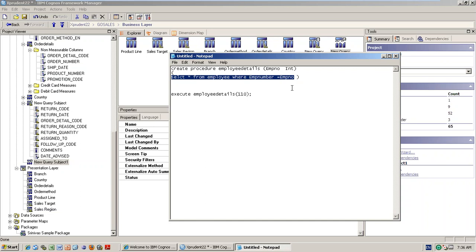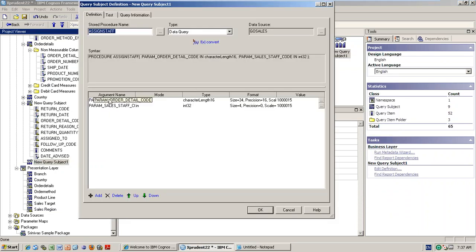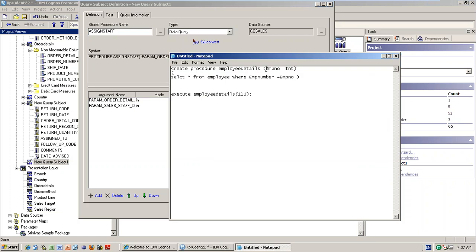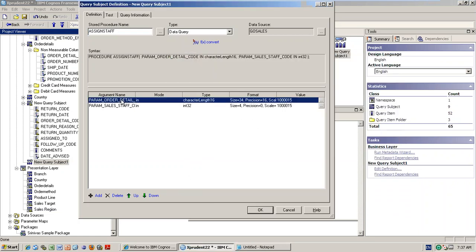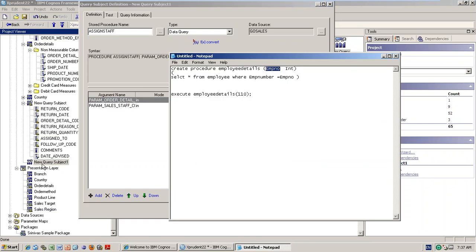Select star fields. So while you are executing, what you write in the SQL is execute this procedure and pass here, instead of employee number, you are passing 110. So the details related to employee number 110 will come. So if it is a procedure in the database, while we are executing, the parameter is shown right here. Employee number will be shown here, and you need to enter some sample employee, right? Then click OK, which means that employee's related data will come here.